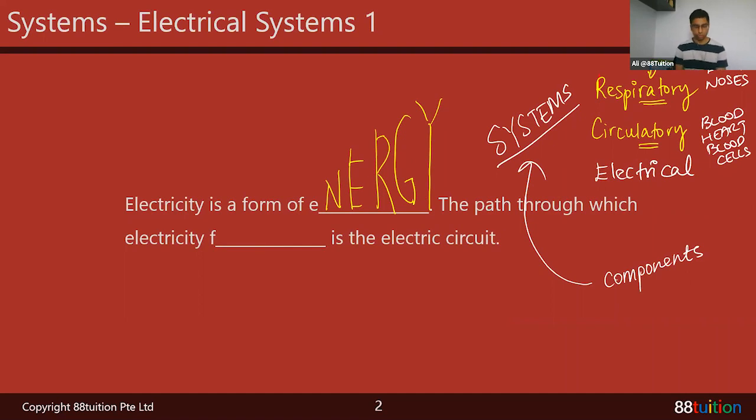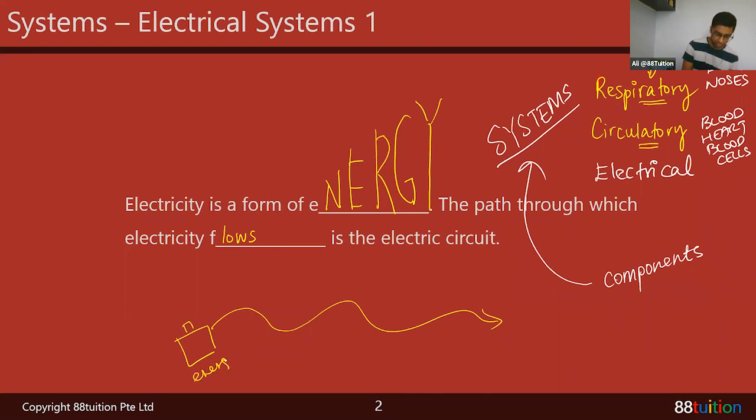The path through which electricity flows, it must flow. If you have a wire, electricity will flow, but where will it flow from? You need a battery. That's the energy source. The source is where it comes from. So since electricity is energy,